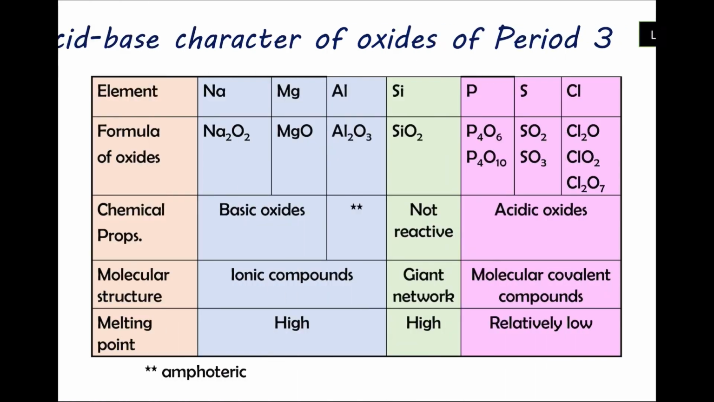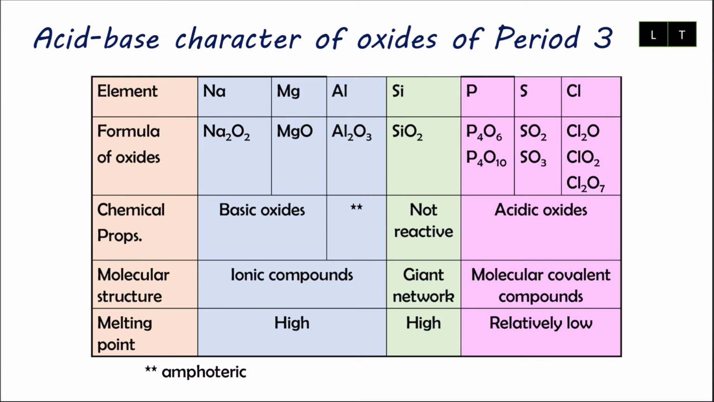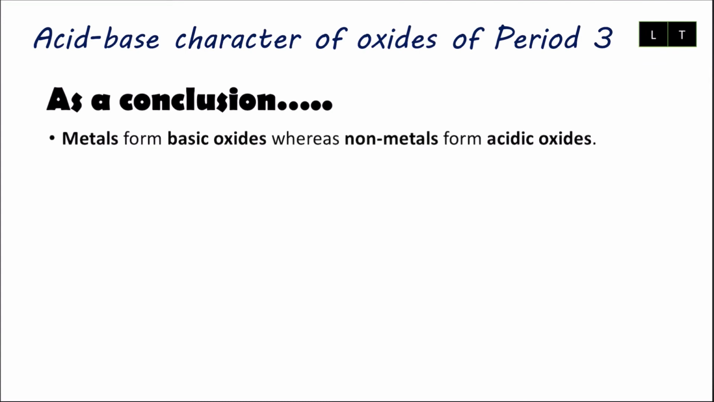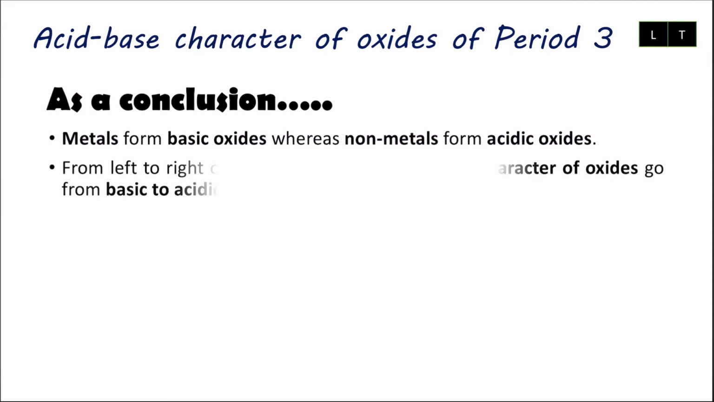So I repeat back this table so that you can understand how the acid-base character of oxides in period 3. So I know there are a lot of things that you've learned so far based on this video. Let's do a bit conclusion for this part. So as a conclusion, metals form basic oxides, whereas non-metals form acidic oxide. So from left to right, we can see that the acid-base character for respective oxides go from basic to acidic,